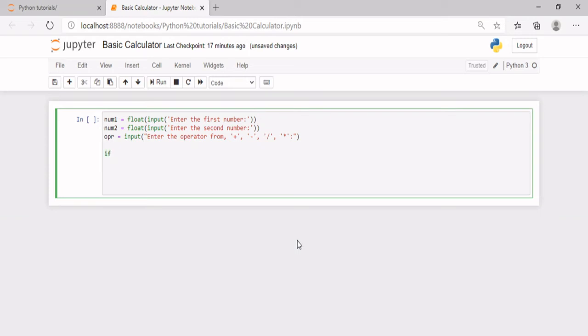So if OPR, which is our variable, equals, we always need to enter two equal symbols because one won't work. So if the operator equals a plus,